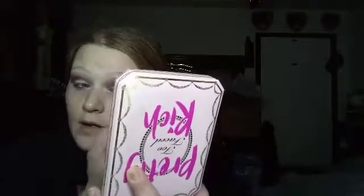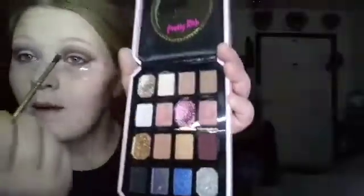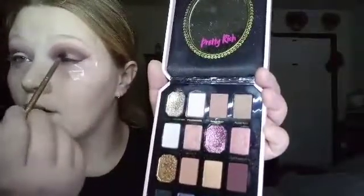Same thing with the other side. Okay, now we are going to... This one right here, I'm actually going to put right through here. I'm going to cut the crease with...